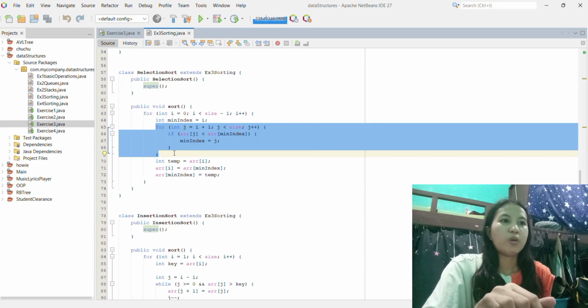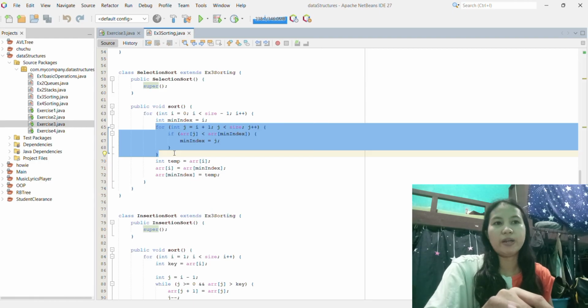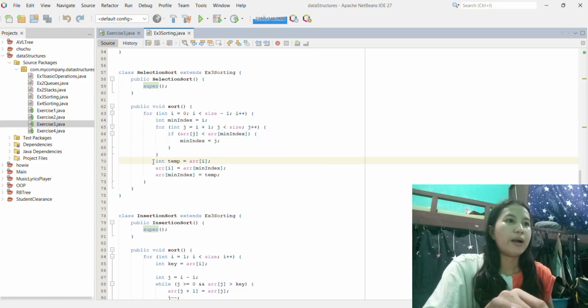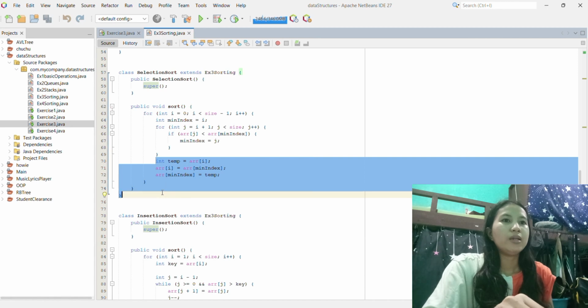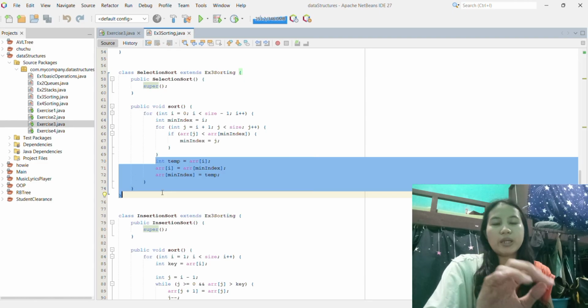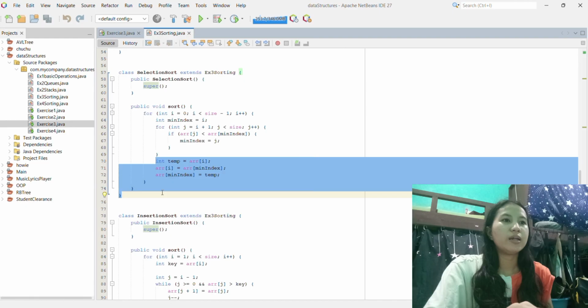After the inner loop completes, we have found the index of the smallest element in the unsorted portion of the array. To put it in the correct position, we swap the element at arr[i] with the element at arr[minIndex]. This ensures that after each outer loop iteration, the subarray from 0 to i is sorted. By the time the outer loop finishes, the entire array is sorted in ascending order. So the idea of selection sort is to select the smallest element from the unsorted section each time and place